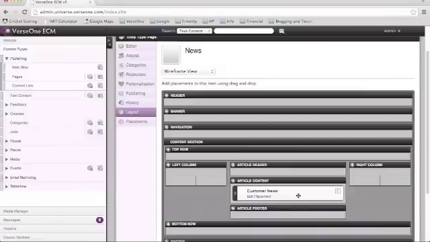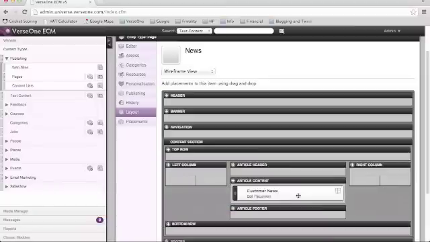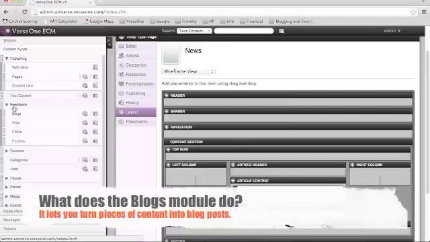But we also have modules. And modules, again, just allow you to store and manipulate your pieces of content. Again, a piece of content created in a module can be placed on a page. Pieces of content created in a module can be linked to one another, either by type or by type and by category. So we'll take an example. We'll look at blogs. All right? A blog, again, is just another way of arranging content. So I'm going to create a new blog,